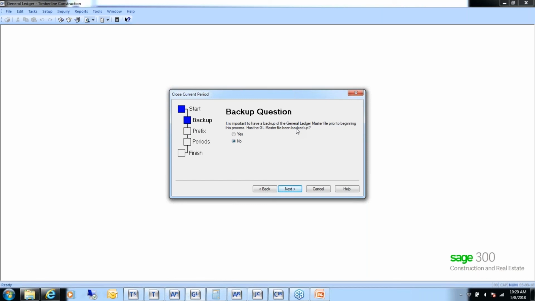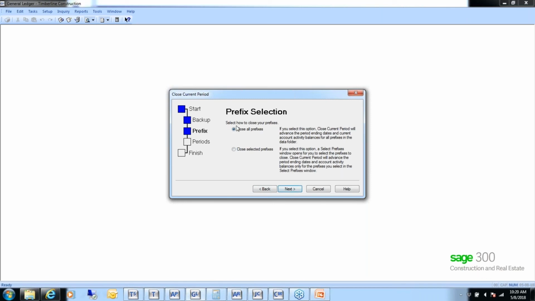It's actually rolling the balances on those accounts. So if something happens during the close month routine, you can't just fix it with audit setup activity or start the process over again. You have to restore from backup and then run it again. Okay, so just keep that in mind, and it won't let you go forward unless you answer this bullet as